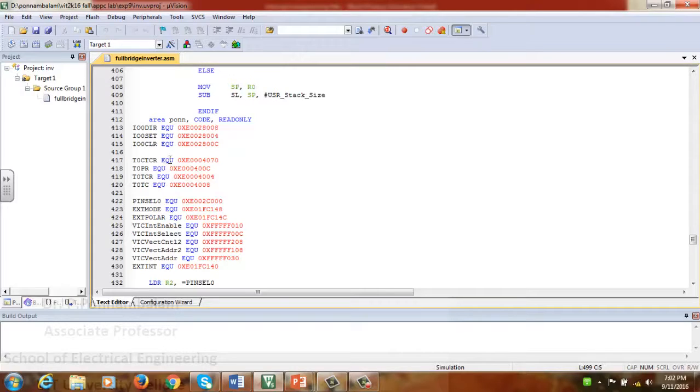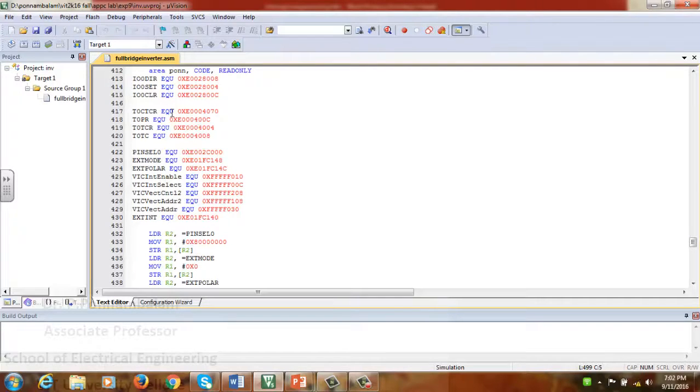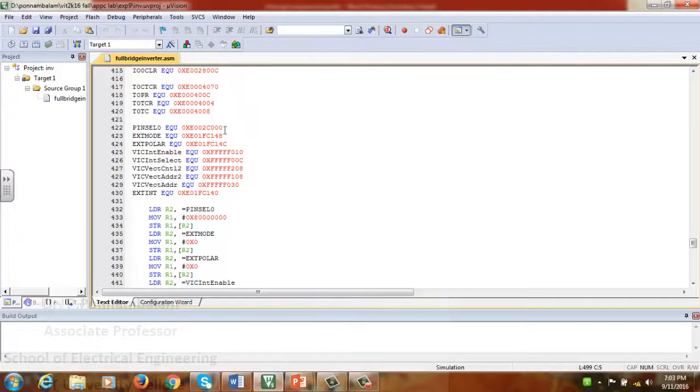T0TCR is to mention the mode of operation of the timer, T0PR is the timer 0 prescaler, and in T0TCR, the timer control register, you will be putting the values to reset the timer and start the timer. And this is the timer counter, wherein whenever T0PC reaches the content of T0PR, T0TC will be incremented by 1.